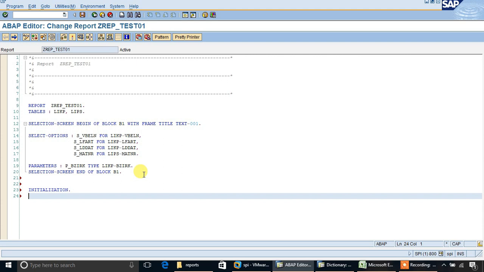Now let's initialize the value of parameter BZIRK. In the initialization event, declare the default value of BZIRK. Parameter P underscore BZIRK is equal to, select any frequently used BZIRK value.